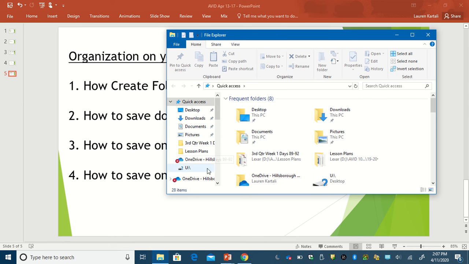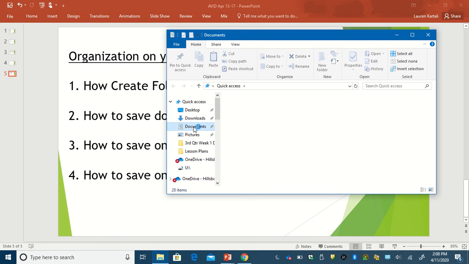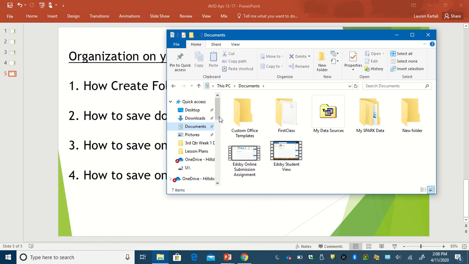this dialog box is going to pop up, and it has over here on the left your desktop, your downloads, your documents, and different things like that. If you click on Documents, this is everything that's saved in your Documents area. If you want to create a new folder, up at the top you have a new folder